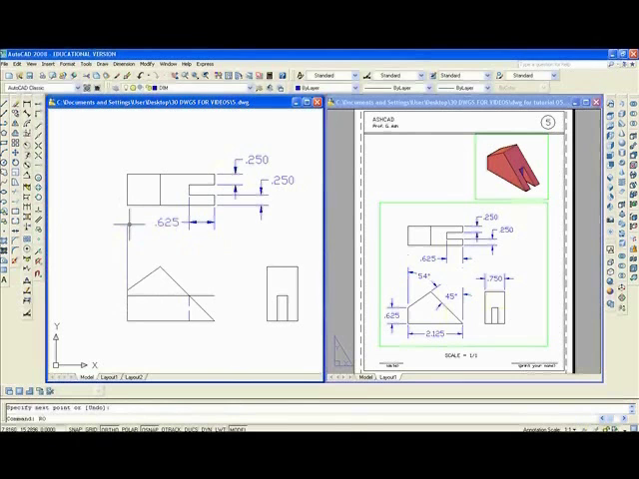I'll rotate, RO, enter, this line from that intersection, minus 5,4, enter. That means I have to erase this and trim, TR, enter, from any line, that,